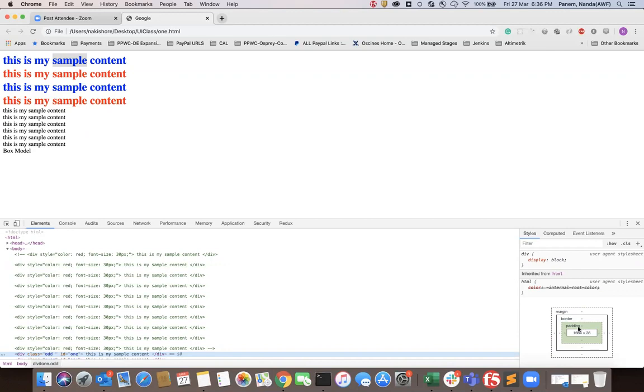So now what is the border? Border is nothing but the line or the protective place around the container.